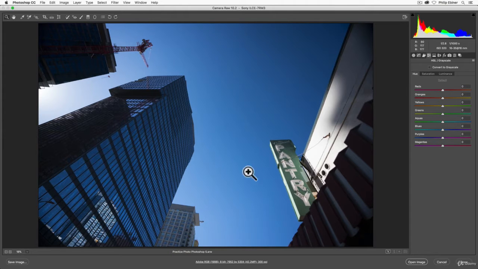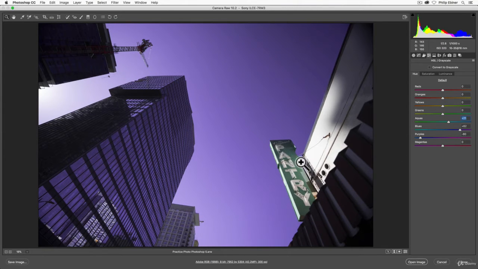For example, in this image, if we want to make the blues change color, we could take the blue slider and drag it to the left or right. And all the blues in this photo become a different hue. There might even be some aquas or purples in the sky that will change if we adjust the purple slider or the aqua slider very slightly.